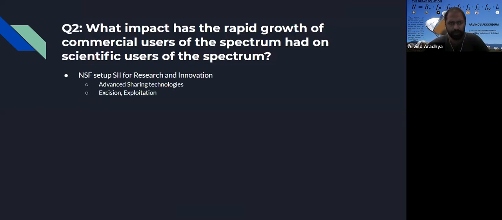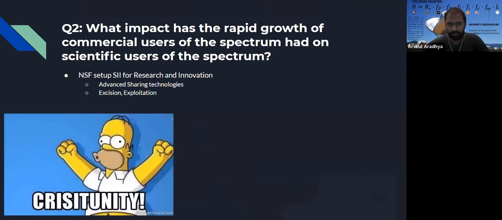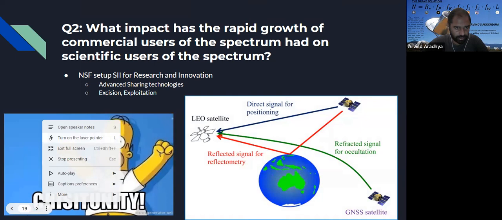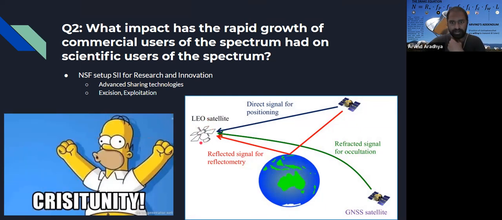And then there's more stuff that we're doing, right? I talked about the Starlink satellites and how they're actually causing problems for remote sensing. But at the same time, as Homer Simpson's pointing out here, it's an opportunity for actually conducting more measurements. So imagine that this particular satellite is your remote sensing satellite, which is looking at signals from the Earth. And this is GPS satellites themselves interfering with something that needs GPS itself. So it's a whole complicated web there. This satellite needs GPS to operate, but GPS causes interference.